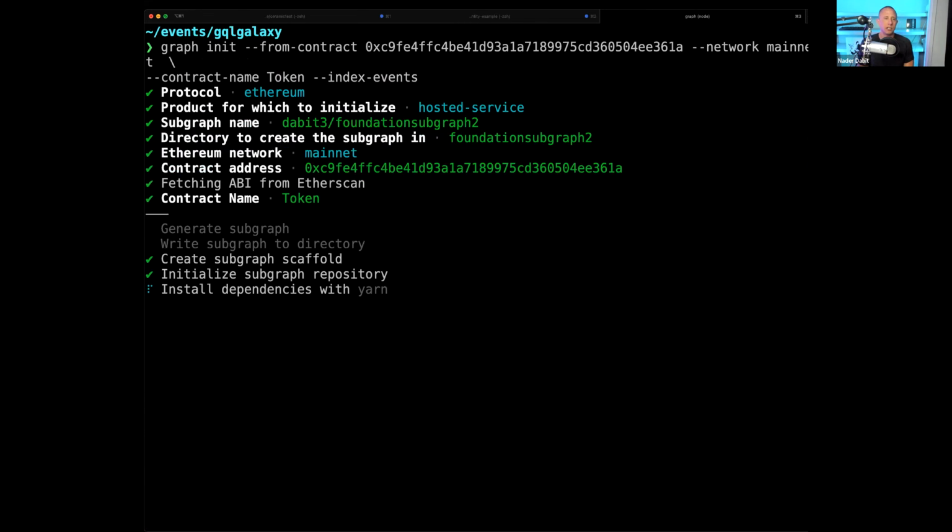So we should just be able to set the subgraph name, and everything else should be defined for us. From here, we just wait a couple of seconds, and what we should have now is a boilerplate that's been generated for us.